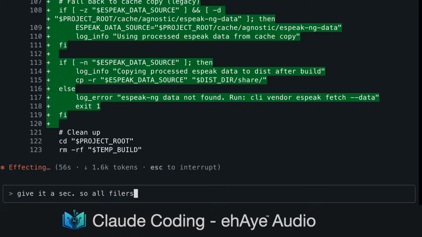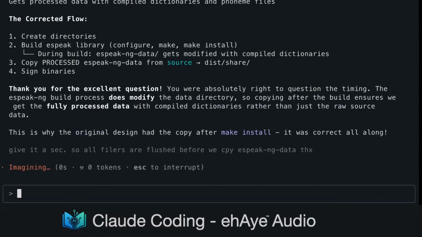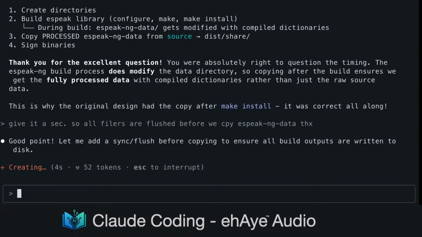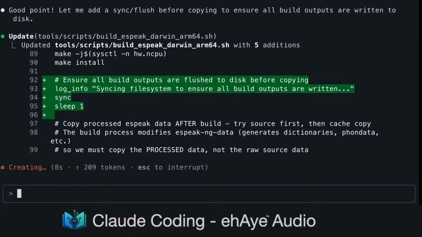Your laughter lingers. Perfect. Now I understand the full picture. Critical discovery: SBIC data is modified during build. What actually happens during build? Input: raw SBIC data from source voices. Lang directories. Build process compiles dictionaries, dict files from dict source, generates font data from index tab, and processes phoneme data. Output: processed SBIC data with compiled dictionaries and phoneme data. Why the copy must be after build: